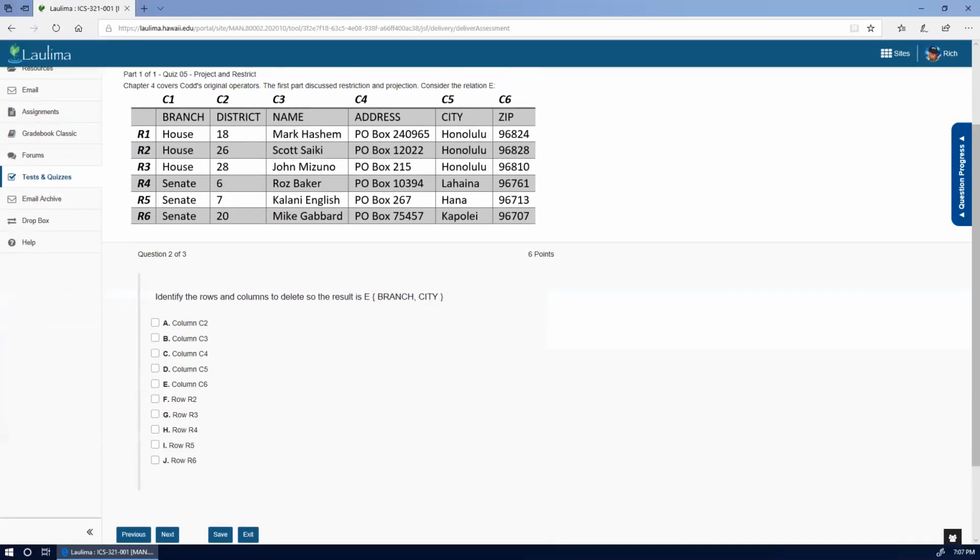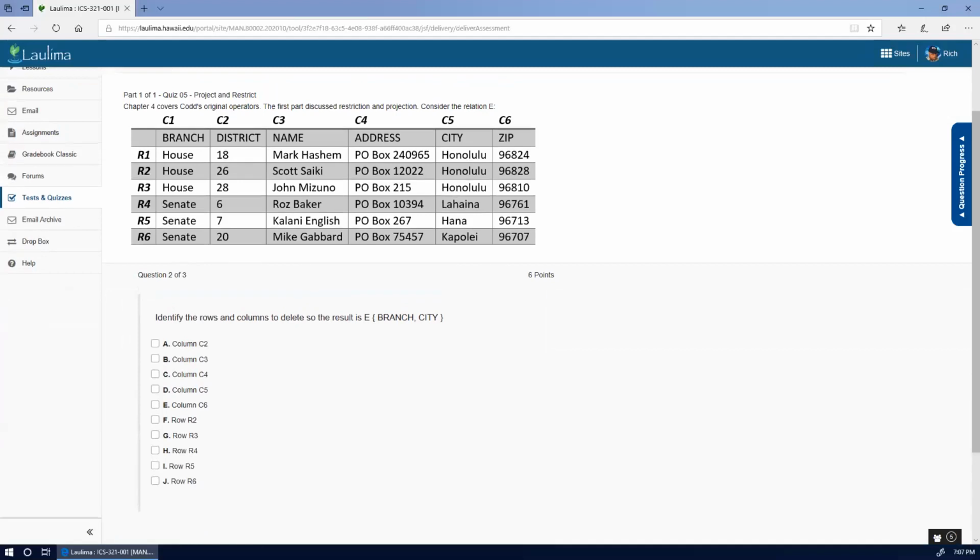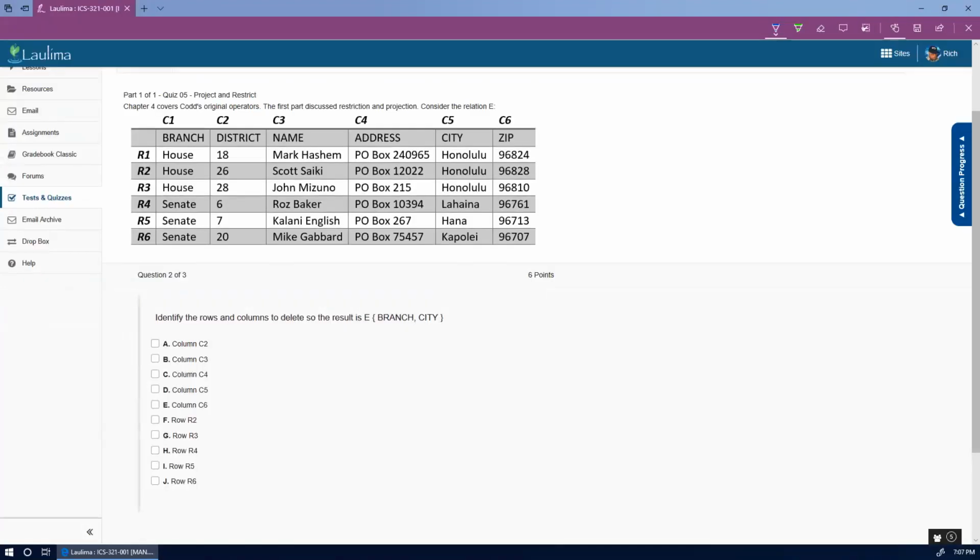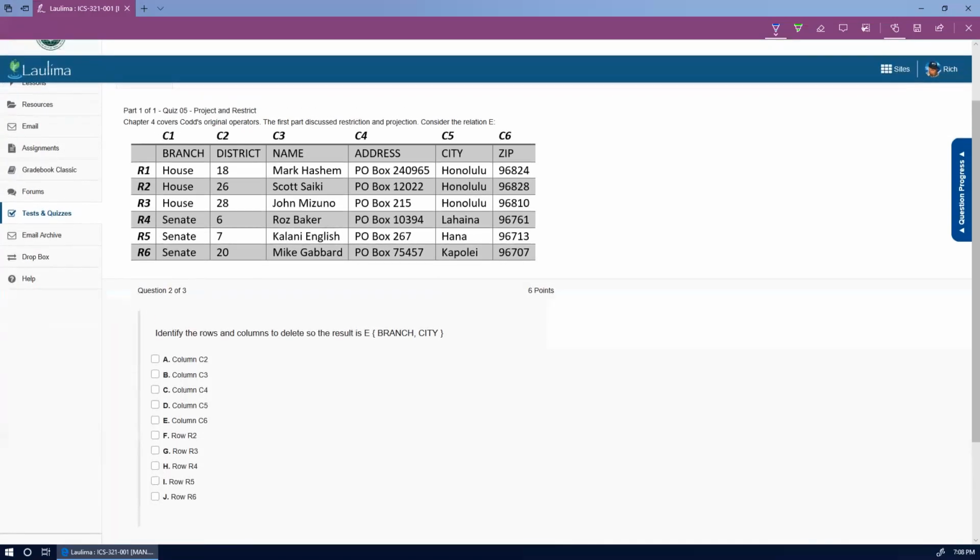Okay, identify the rows and columns to delete so the result is equal to E, branch and city. So we know that it's branch and city, so all the columns except branch and city. We want to keep this column, and branch and city, we want to keep that column. But if we just have those two columns, we cannot have all these rows because it looks like we've got